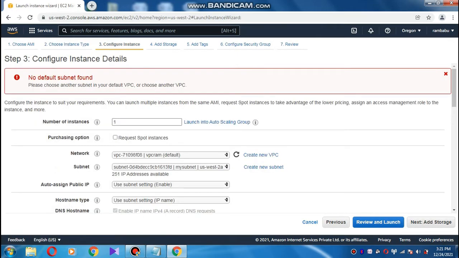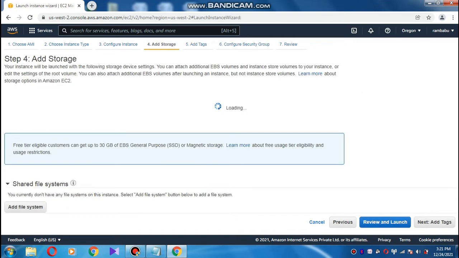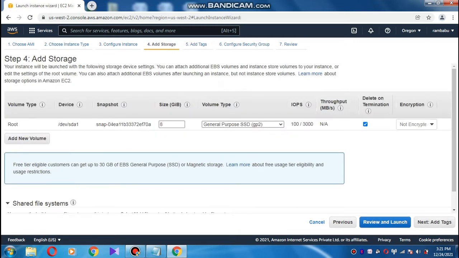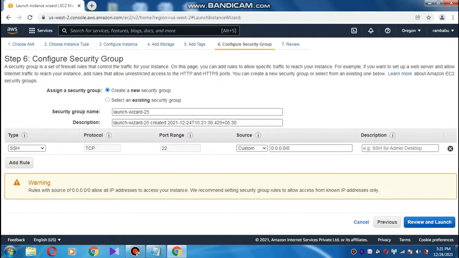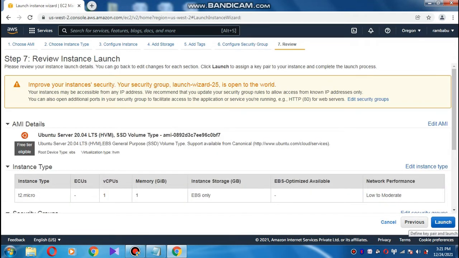I'm using my one subnet in the default VPC. Tags: no tags. Only port 22 is open, so only SSH will be enabled. And then preview and